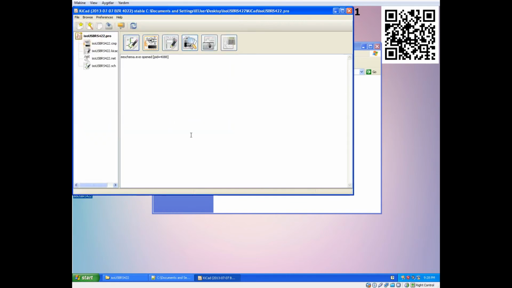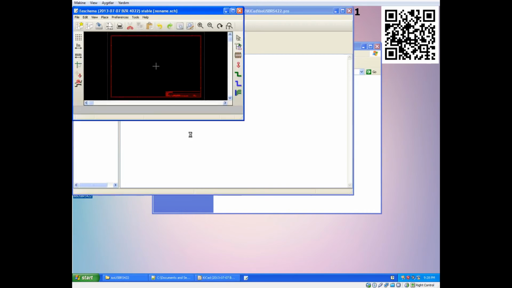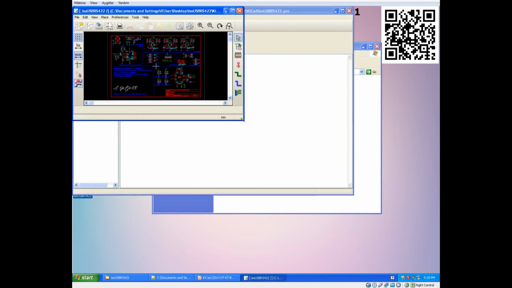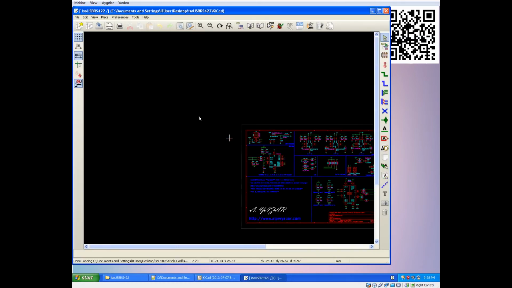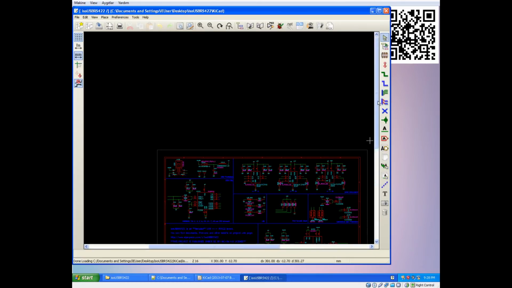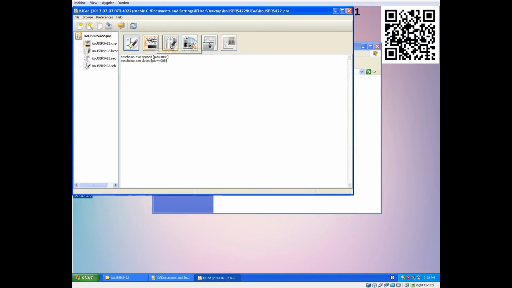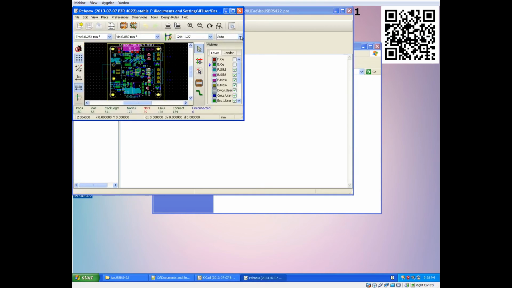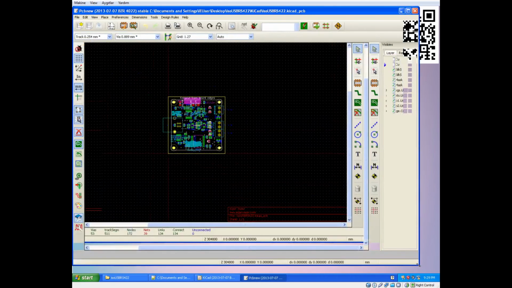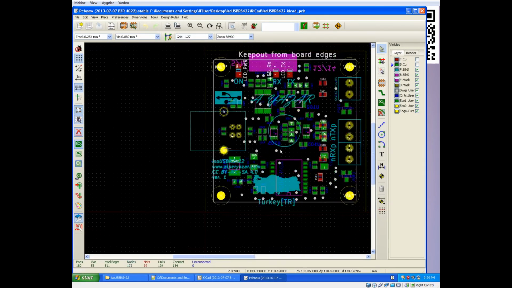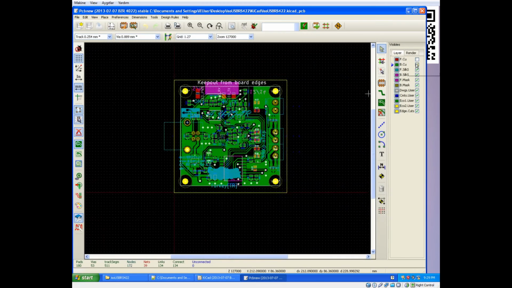Now let's check the schematic. You can view or modify it. Looks good. Now let's check the layout. Similarly, you can also modify it.